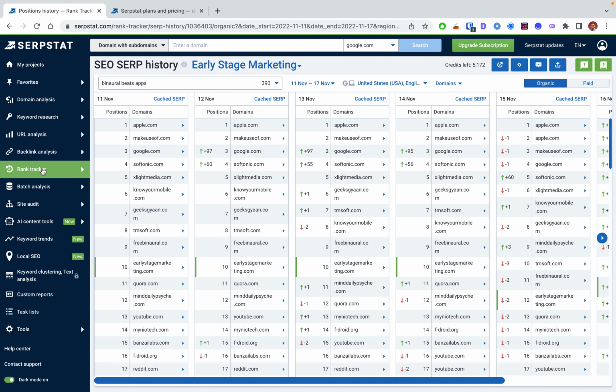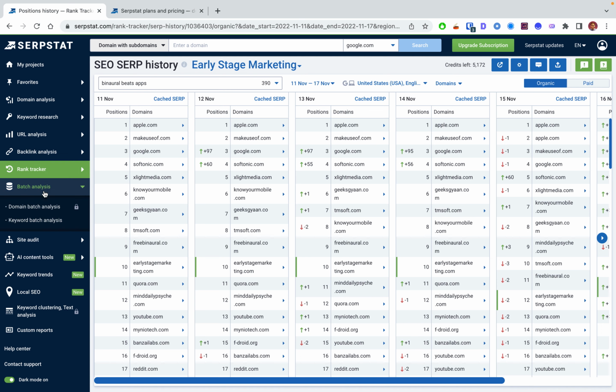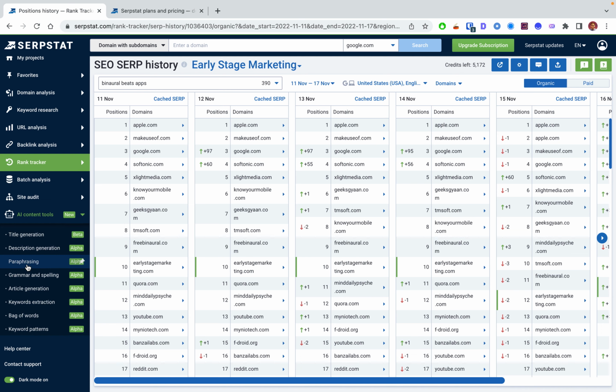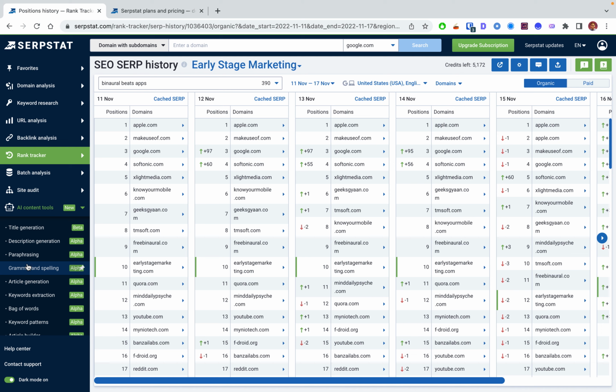Now, this is probably one of the last features. There's a lot that you can go into in Serpstat. Just to give you a preview, I don't have that feature because it's a higher plan feature, but you can do a batch analysis of keywords. Instead of doing one keyword research, you can do multiple keywords in one go. Really great for high volume SEO teams. It's also coming up with AI content tools, like how to create a title,